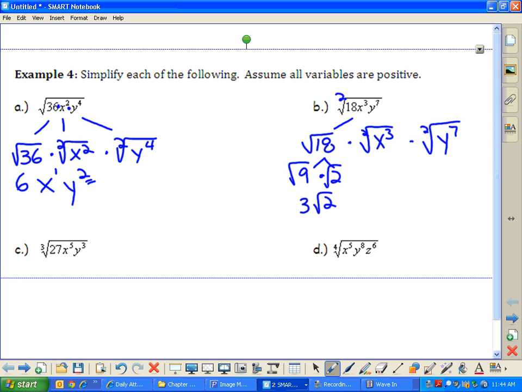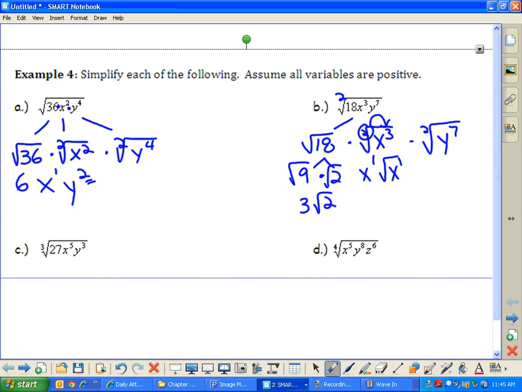Okay. Then, to simplify this middle piece right here, square root of x to the 3rd, I do division. So I ask myself, how many times does 2 divide evenly into 3? And 2 goes into 3 1 time. So what you'll see is x to the first comes out, and then there's actually a remainder. 2 goes into 3 1 time, but there's 1 still remaining. That 1 becomes the exponent of what's underneath the radical. It becomes the exponent for your radicand. So the square root of x to the 3rd is actually x to the first times the square root of